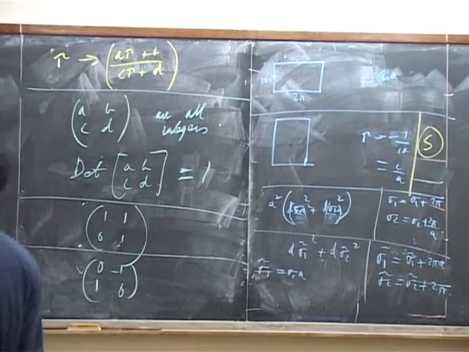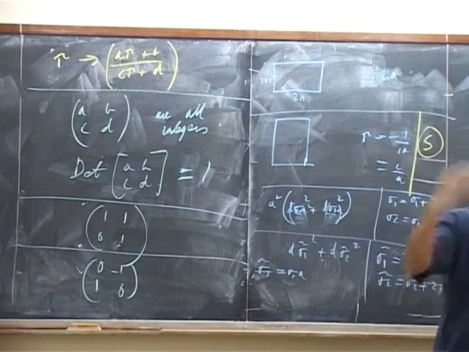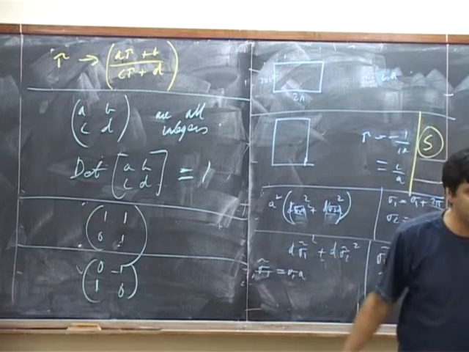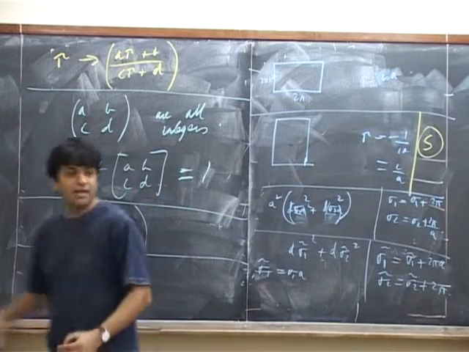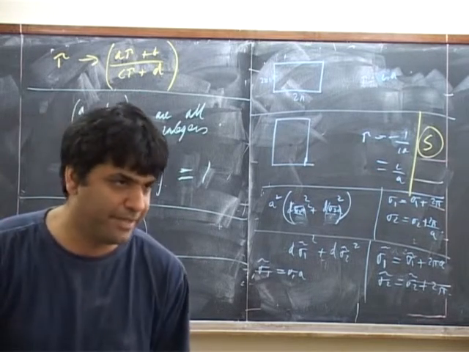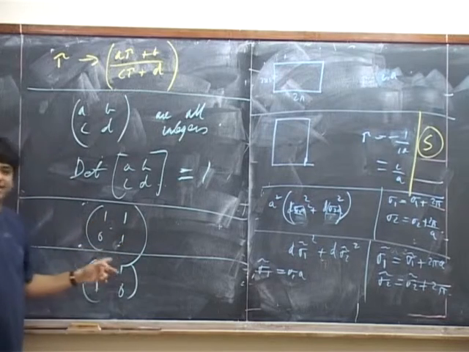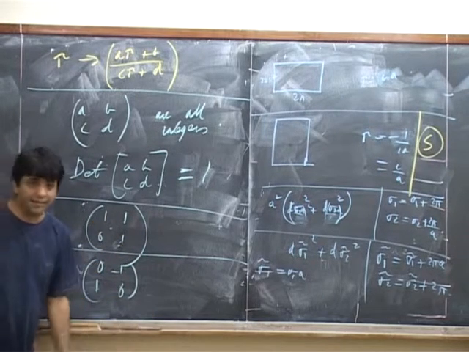Moreover, the determinant of a product of matrices is the product of determinants of matrices. The fact that both these generating elements have determinant equal to 1 will mean that what you're left with is determinant equal to 1. So clearly you're going to have integer entries and determinant equal to 1.